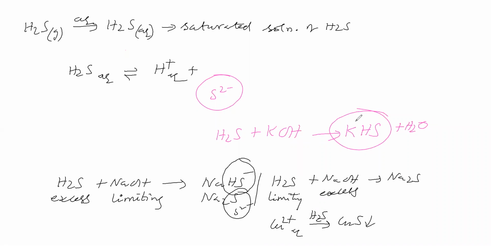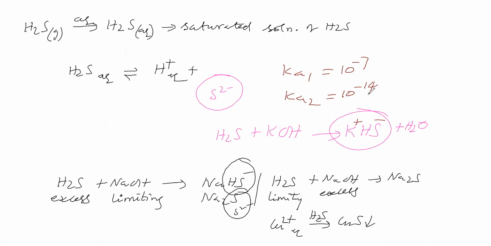In potassium bisulfide, the K plus ion is there and the HS minus ion is there. So, will H2S ionize to give HS minus or not? What do you say about this H2S? It is a weak acid, in the sense it will not undergo complete ionization. Experimental evidence says that for this weak acid, two Ka values are possible: Ka1 and Ka2. Ka1 is nearly 10 to the power of minus 7, and Ka2 is nearly 10 to the power of minus 14.